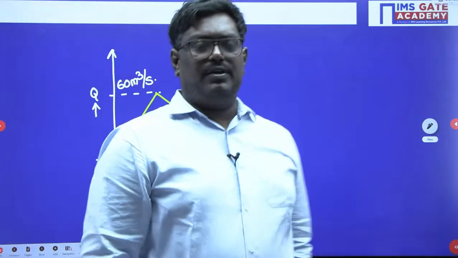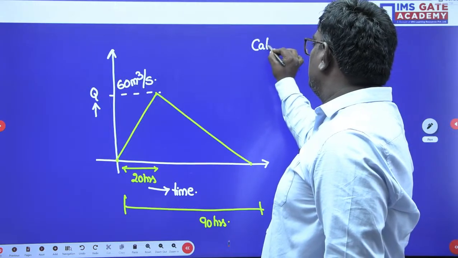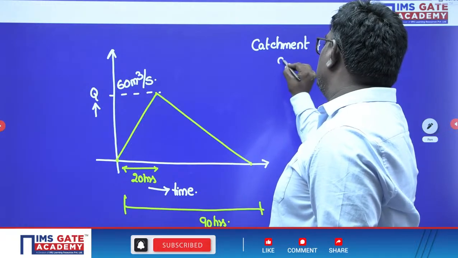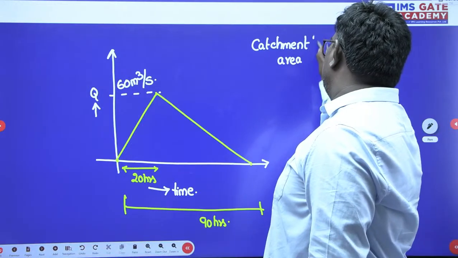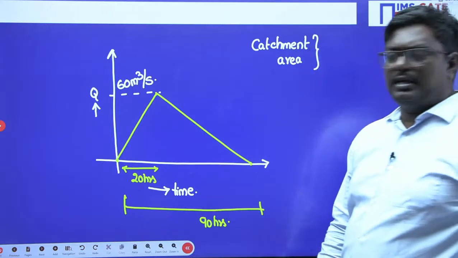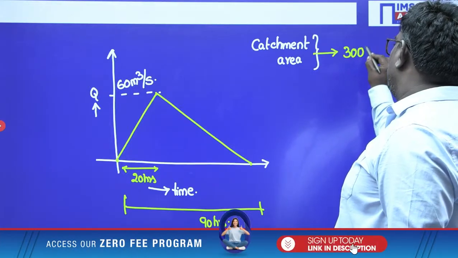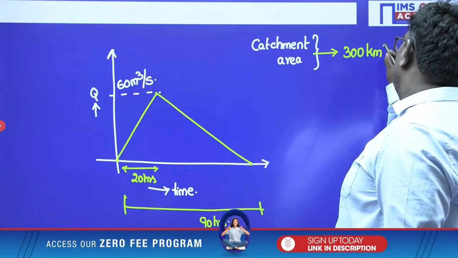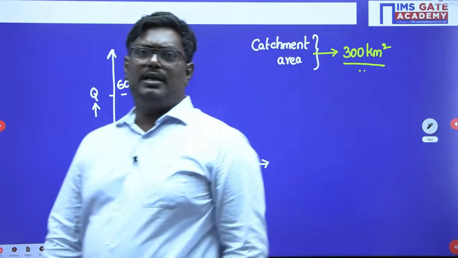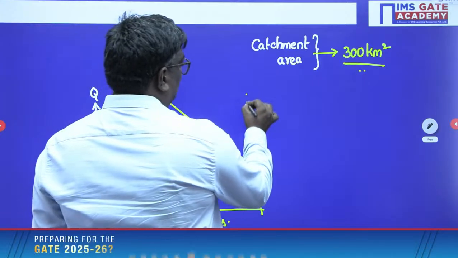Now what they have given you, see students, they have given you the catchment area. The catchment area is given as 300 kilometers square. Now see students, if you consider here